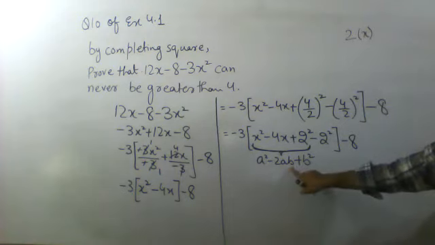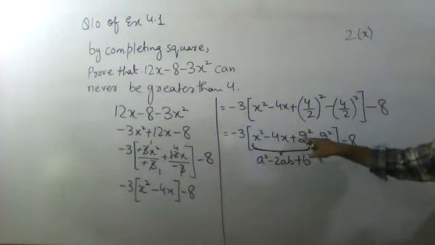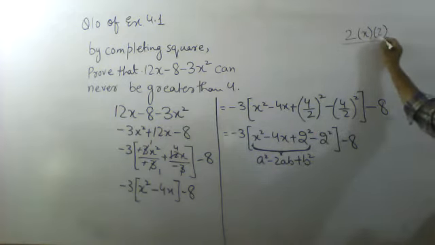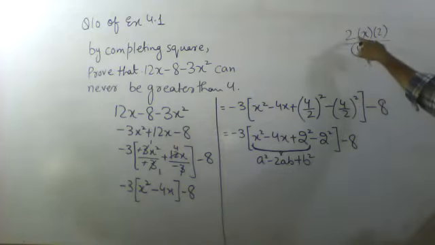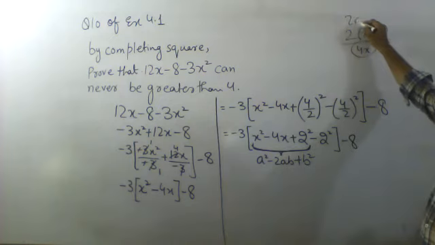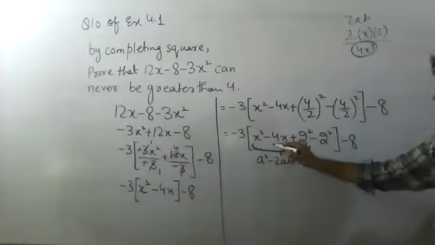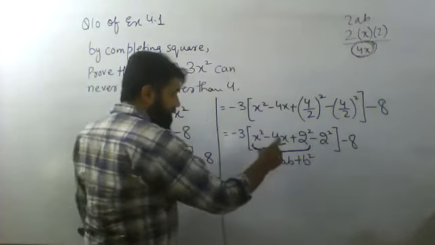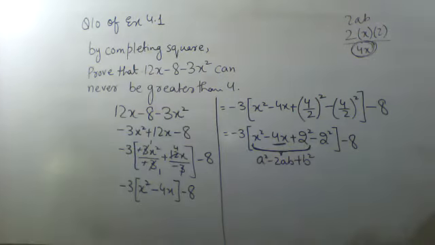Then what is this? B. B is the other one which is having a square. The other one which is having a square is 2. When I simplify, 2 to the 4, 4 to the 4, 2 to the 4, and 4 into x will be 4x. So see, I have plotted the value in 2ab, but when I have simplified it, it is coming 4x, which is this value. It means that this is my a square, this is my 2ab, and this is my b square term till now.